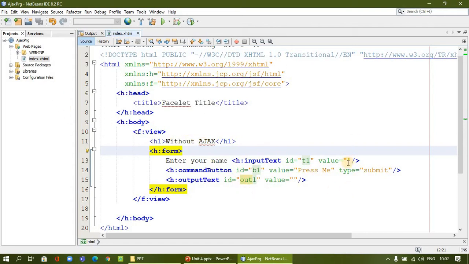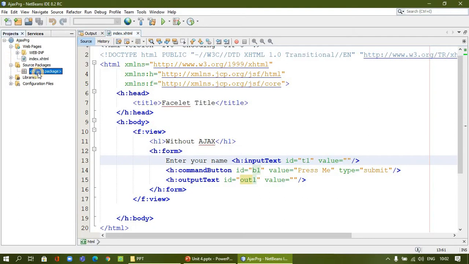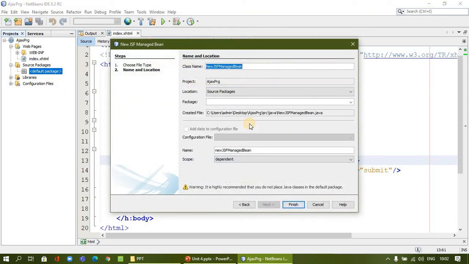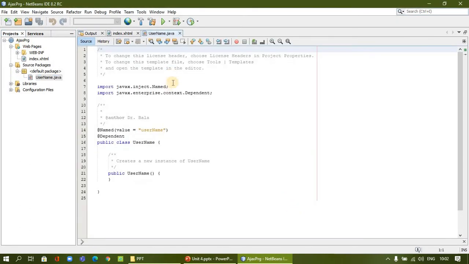Now we have to connect the value here, so we need a managed bean. I'm going to select the JSF managed bean, and we can give, for example, username; only a name we are assigning. This is a username bean.